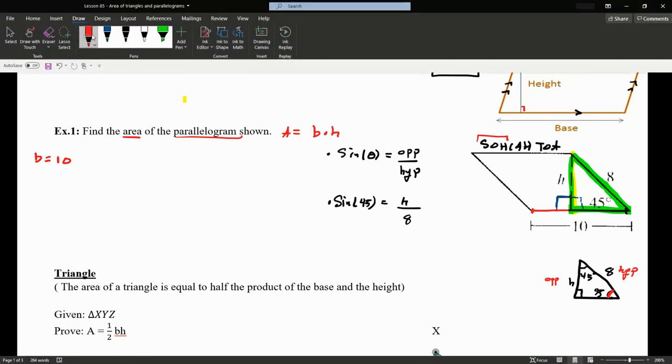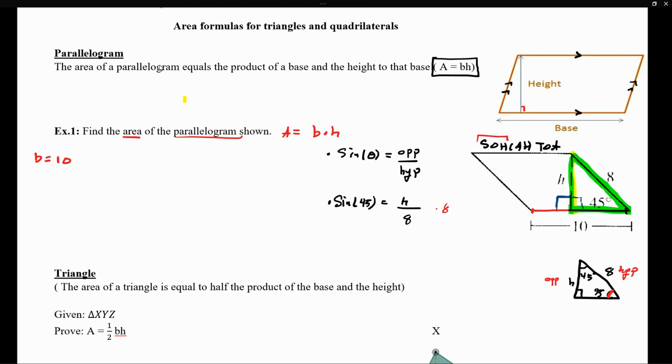If I multiply 8 to both sides, that way this cancels out. Now I have an expression for my height. The height is 8 times the sine of 45 degrees. If we use our graphing calculator, you can see that sine of 45 is 0.7071, and if I multiply that by 8, this is going to give me a value of